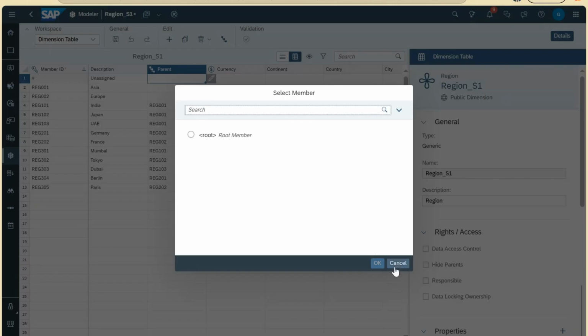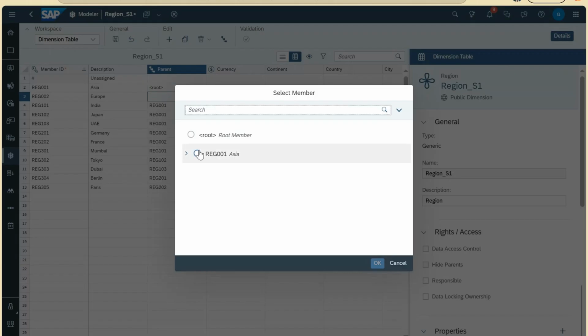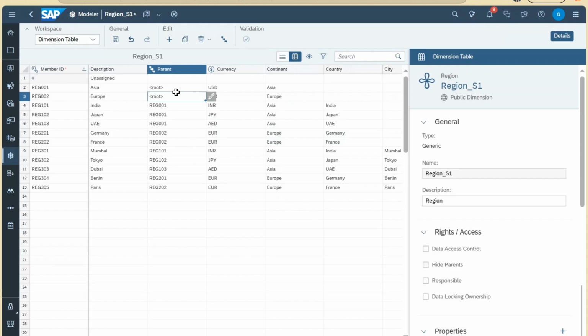Okay, so this will be our root node. Root is the topmost node. Whenever you don't have anything assigned, you need to assign it to the root. That means we have two root nodes. In many cases you can have a single root node as well, in most cases. So now we'll click on the hierarchy,